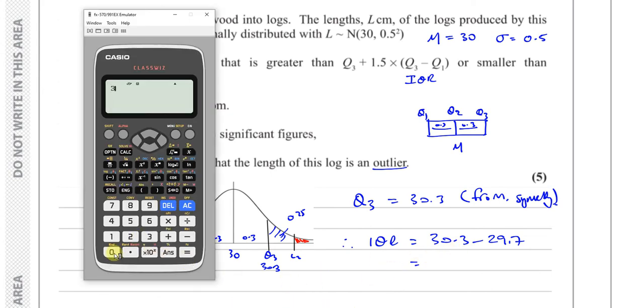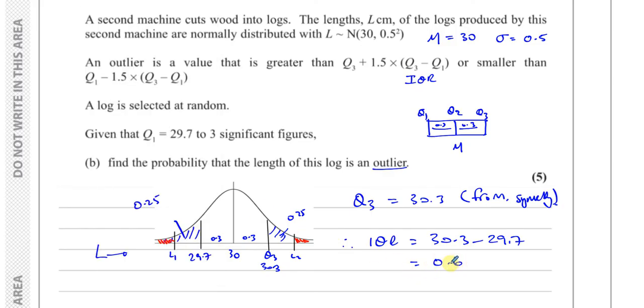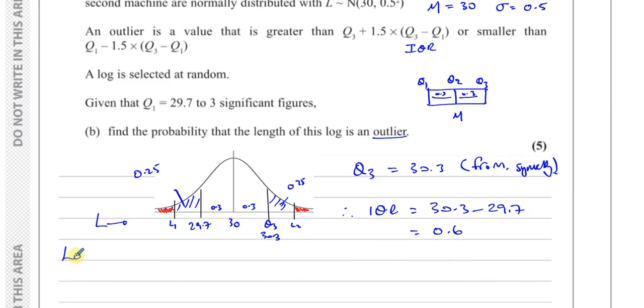So we have 30.3 minus 29.7, which gives us 3/5, which is 0.6. Okay, that's the interquartile range. So therefore, we can say that the lower limit for the outlier is going to be 29.7 minus 1.5 times